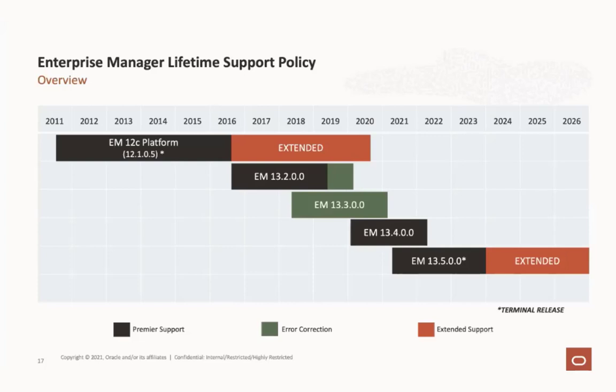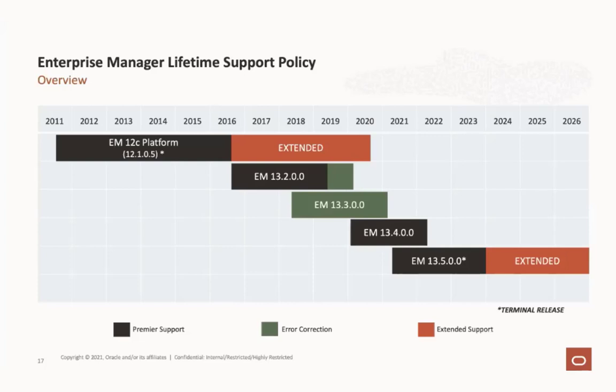So considering the 12C, 12C is already out of support. We are not shipping any more patches or giving any more PSUs for the 12C version of Enterprise Manager. So definitely all the customers who are on the 12.05 or 12C version of Enterprise Manager should start planning for their upgrade and come to the supported version. If they're on 12.05, they can very well come to 13.3 and from 13.3, they can directly do an upgrade to 13.5. But if you're on the 13.2 or in the 13C family,